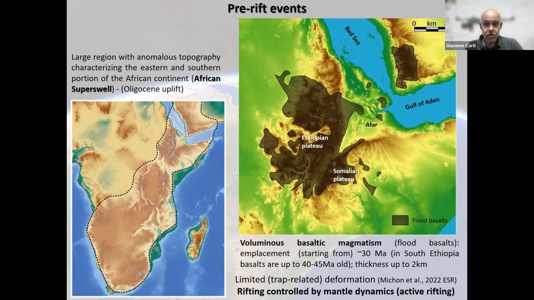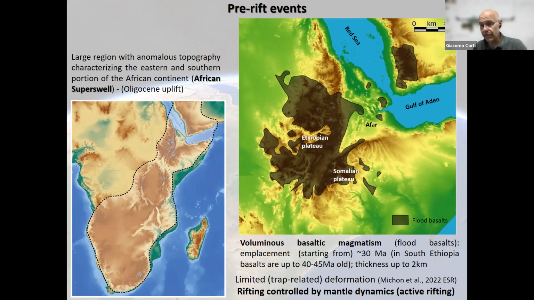There is a very large region characterized by an anomalous topography which more or less involves the southern and the eastern part of the African continent, the so-called African superswell, which has uplifted probably since the